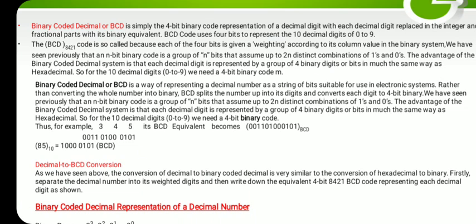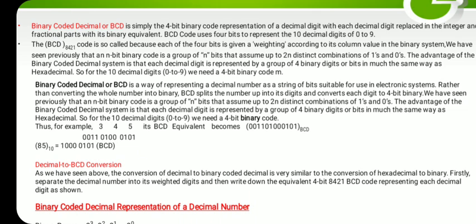Hence we have seen that when we represent any binary code or number as an n-bit number, how many combinations do we get of the strings of 1 and 0? 2 raised to n combinations, right? In the same way, when it is a 4-bit code, how many combinations will we have? We will have combinations from 0 to 15, that is a total of 16, isn't it?